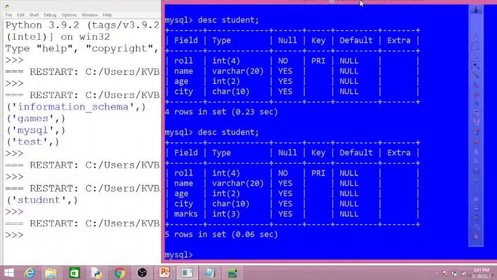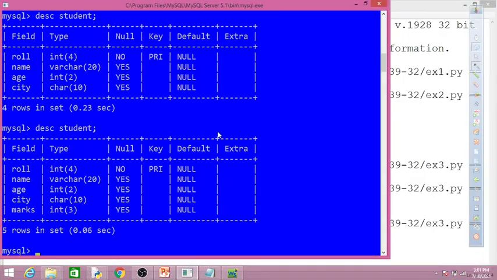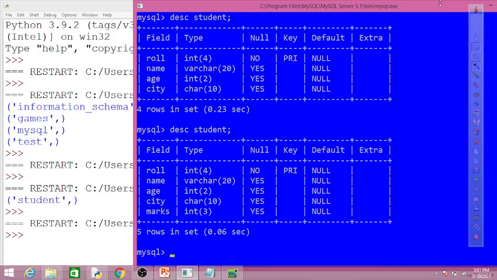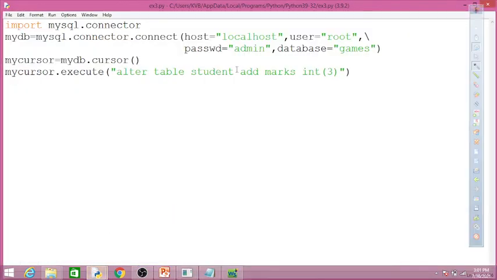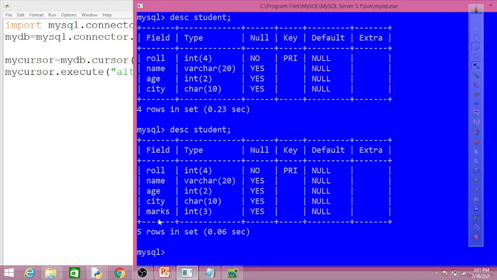This new column is created because we have run this code in Python. This is the Python program. We have added this column marks int3. The data type is int and the column is marks, and the same column is created inside the student table. Okay, so the command is executed successfully.